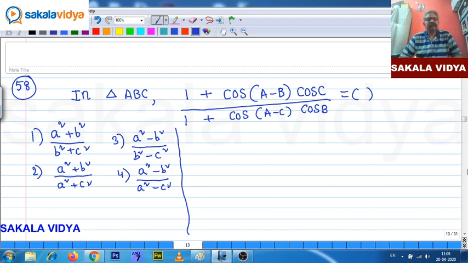Now see, in triangle ABC we have C equals 180 degrees minus of A plus B. Check it, am I correct? A plus B plus C is equal to 180. Then C is equal to